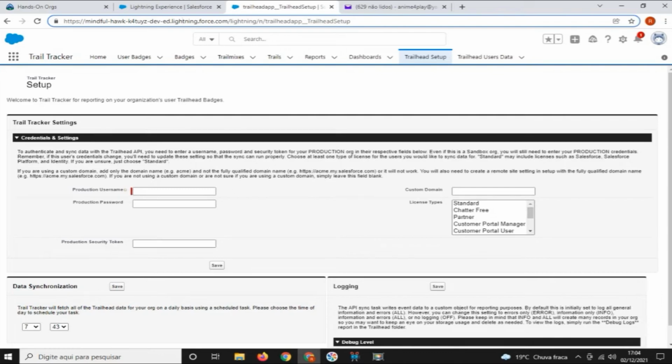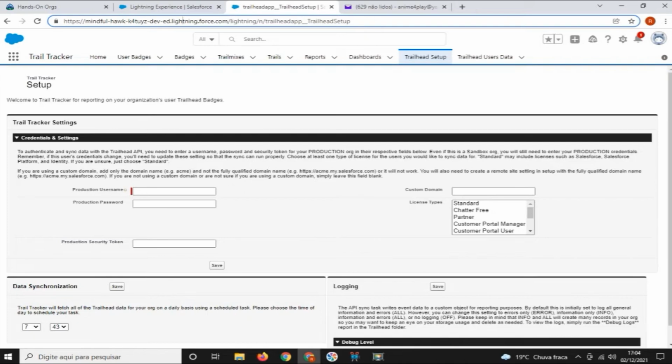Because let's imagine I use my own profile for data synchronization, and after 6 months I won't be working in this organization anymore, so I will have problems when my user gets deactivated. So it's always good to create